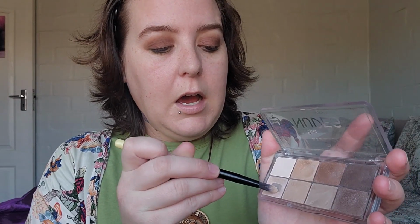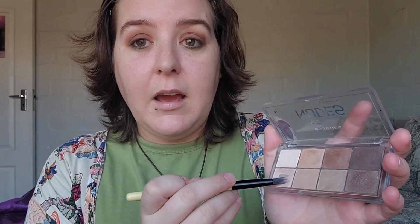Now I'm just going into my Essence All About the Nudes palette, and I'm gonna do my highlighter. My highlighter is running out, as you can see, and my sibling recommended this NYX one because I'm going to the UK, so I will have access to NYX again, but they also have ELF, so they were like, why not try an ELF highlighter? So I will definitely make plans to go into a Boots and get some